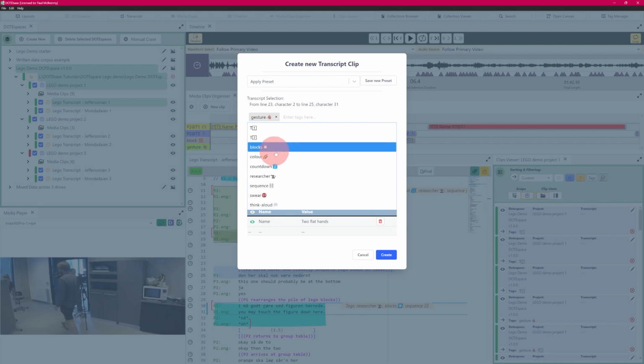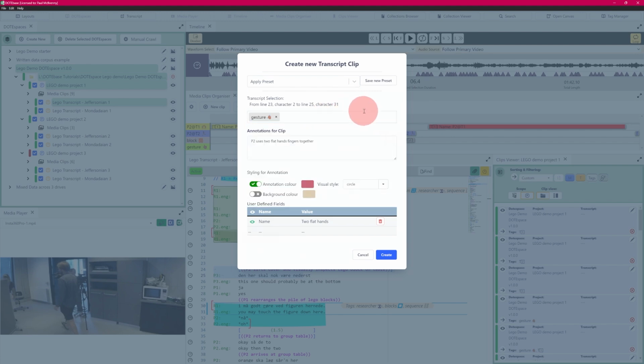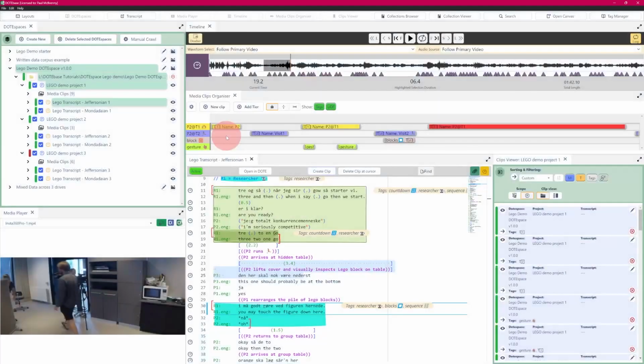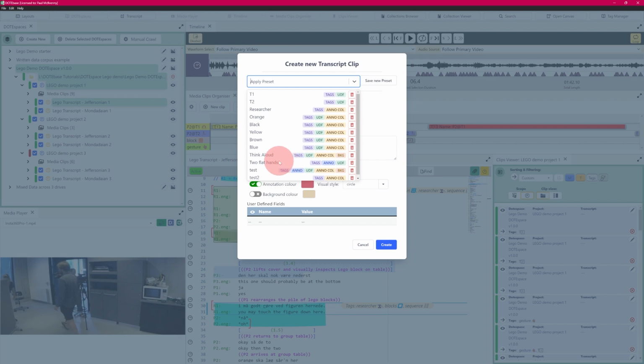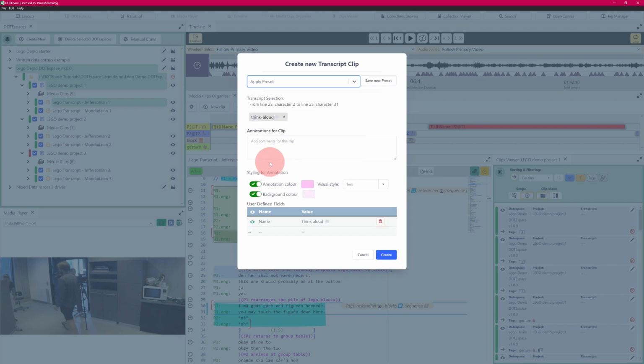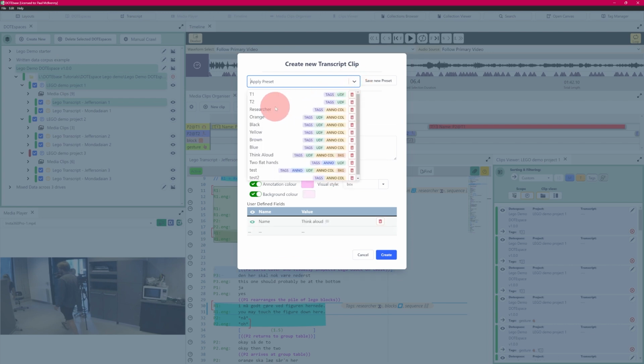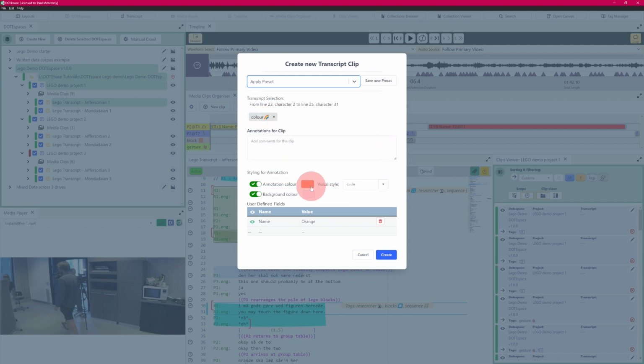It's got an annotation as well. Yeah, you saw the annotation, 2 flat hands. Just start again with a new one. It could be think aloud we want, and then we want to apply orange. You can see we've applied that. It's got color. Table 1 changes the tag, so replaces the tags that were there, replaces the color and the